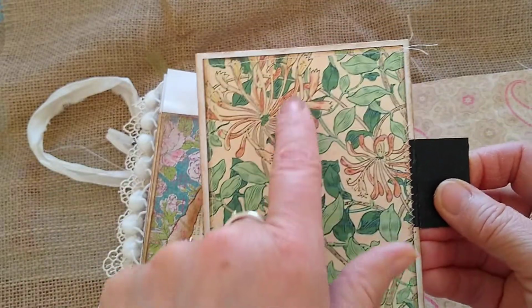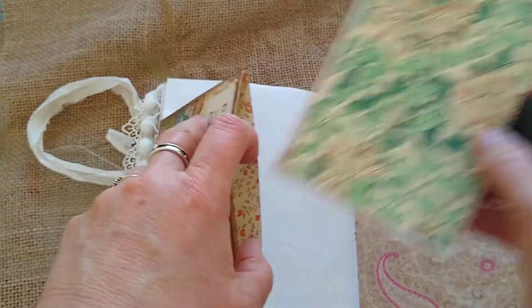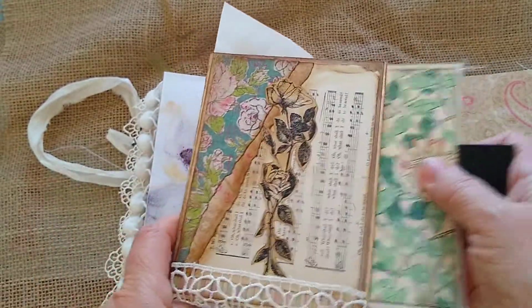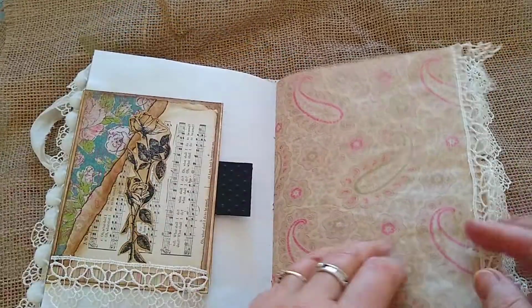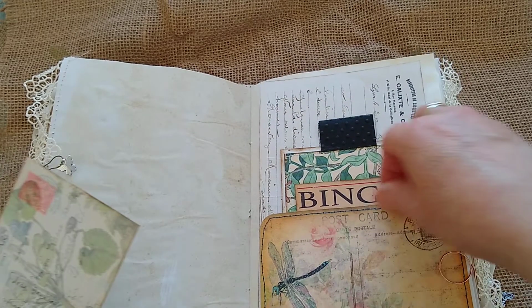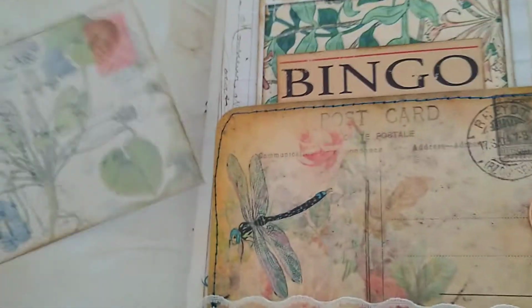This is some of this paper from the torn page again. So there's room in the back for that. When I first made this, the tag wouldn't fit in it, so then I had to take the tag apart and chop it up again. But all a learning curve. Here we go, more stuff. I used one of Artymaze's postcards to make a tuck spot, and I think this is Artymaze as well, and a wee bit of lace down here, so I can tuck that in there,